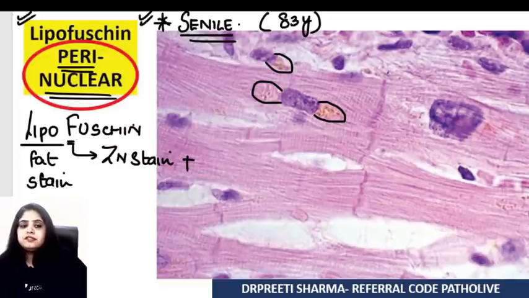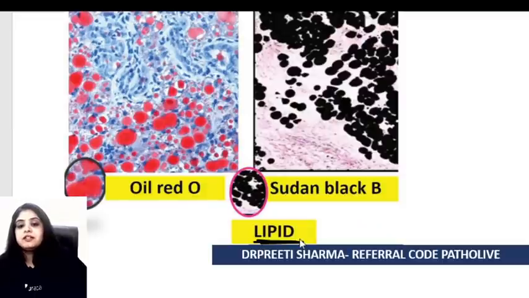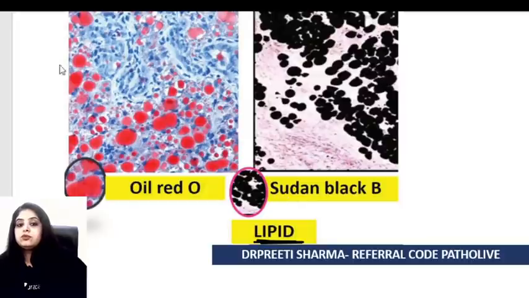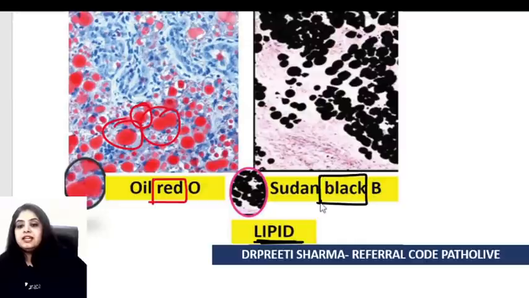So now talking about fatty stains, why not finish off the fatty stains that we have otherwise also? For example, you get a case of fatty liver and they ask you how will you prove that it's fatty liver? What are the stains that you're going to use? I'll say for fat, we have to know two stains. One is known as oil red O. So no points for guessing what will be the color of fat. The color of fat will be red. And the other one is Sudan black B. And again, no points for guessing that the fat will be stained black in color. So remember, oil red O and Sudan black B are stains for lipid that you need to know.